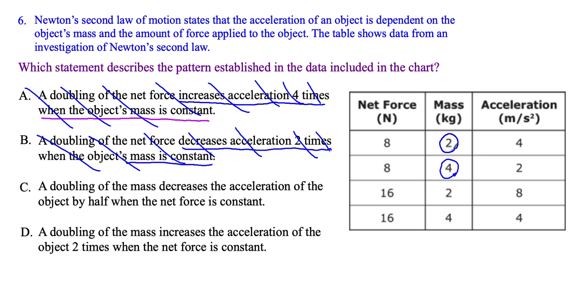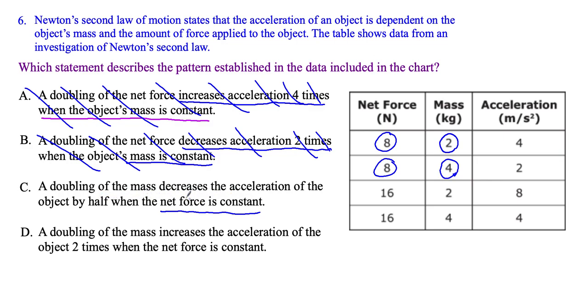So it says a doubling of the mass, and that's true. The mass is doubled here. If I double 2, I get 4. And in this situation, the net force stays constant. Let's make sure the net force stayed constant. It did. It stayed the same. So in this situation,